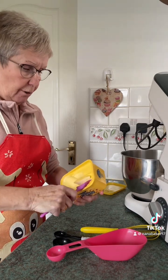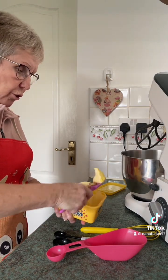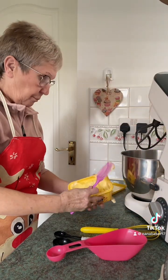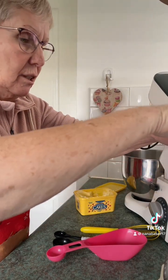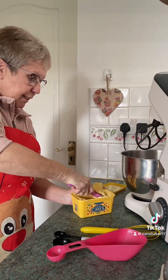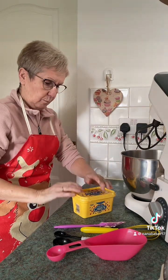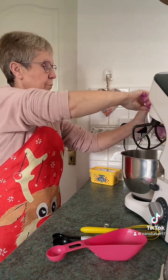160 grams of Perfect for Cakes, which is what I use. You can use Stork, you can use butter, you can use margarine, you can use anything. I use Perfect for Cakes from Aldi because it's just as it says on the pack, it's Perfect for Cakes. So you want 160, which is 6 ounces of Perfect for Cakes margarine,